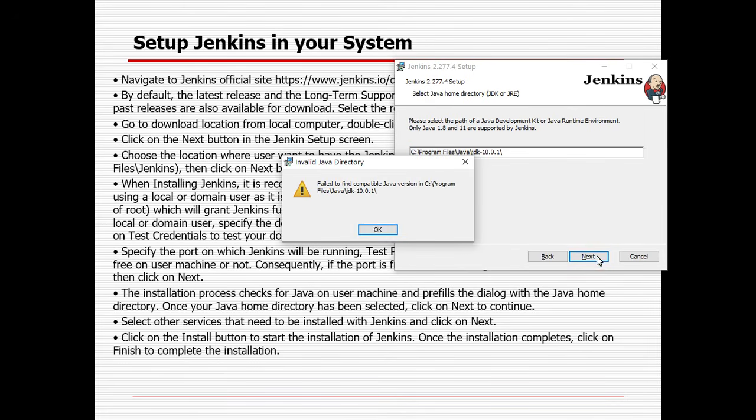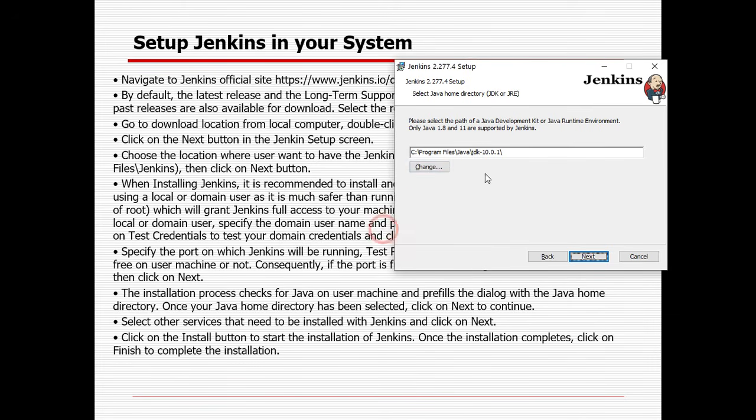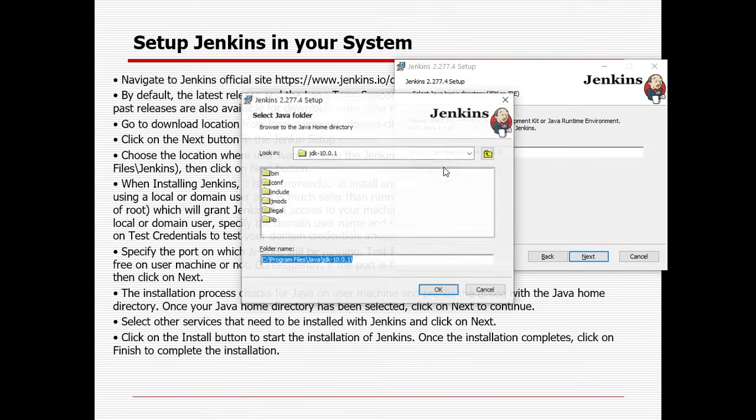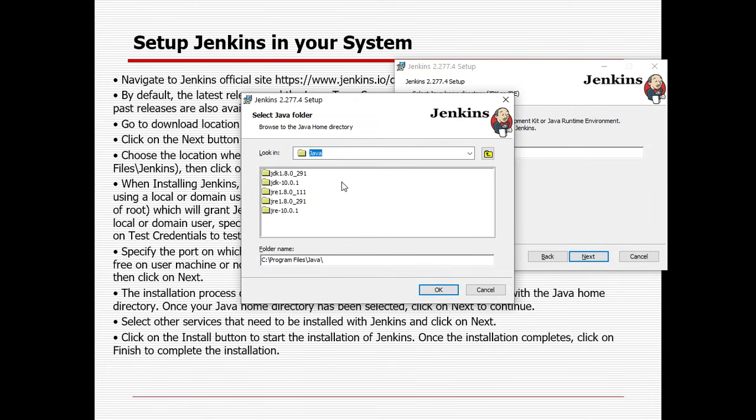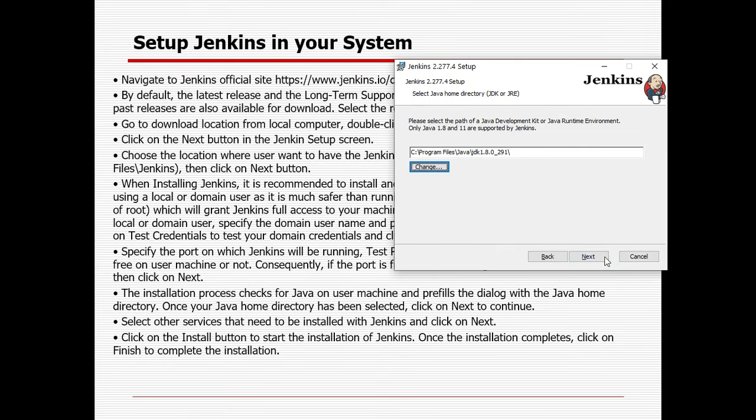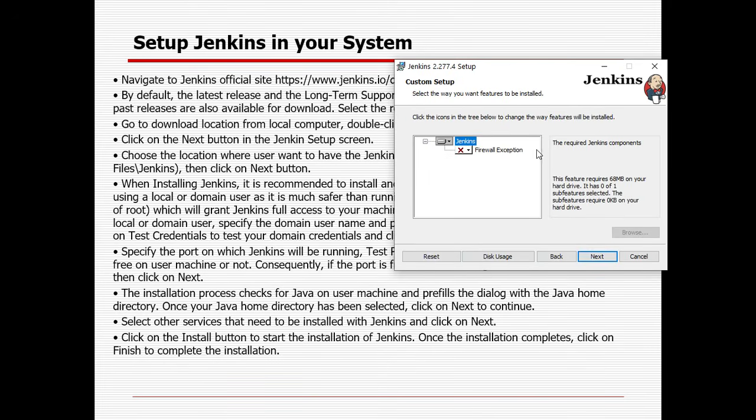Let's click on Next. You can see it says unable to find a compatible Java version for 10. So you need to change it to either 8 or 11, only those two are supported. I will change it to JDK 1.8. Now if I click OK and then Next, it will work.